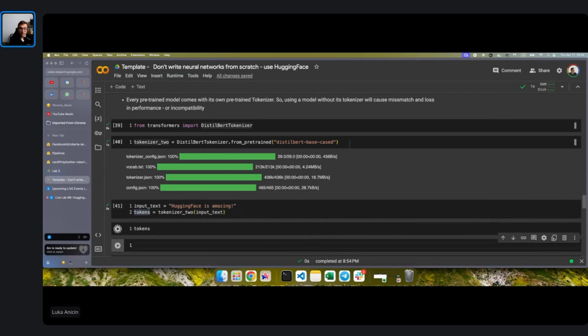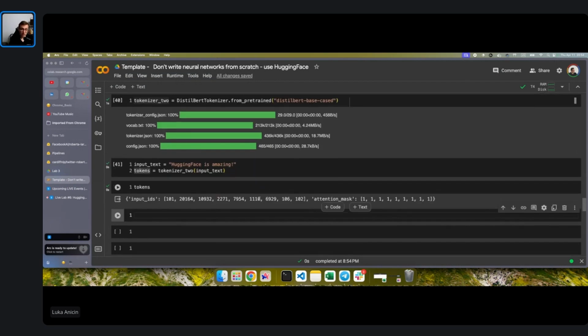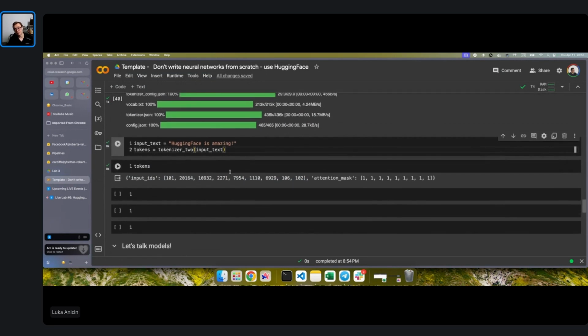Again, we're going to get these tokens as we did before. These IDs are completely different because right now we have a different tokenizer. As we talked about, every model, while it's trained, changes the order of these words for its own tokenizer,